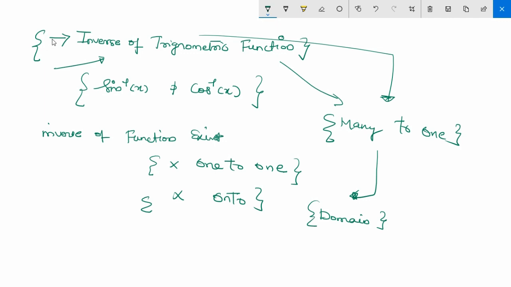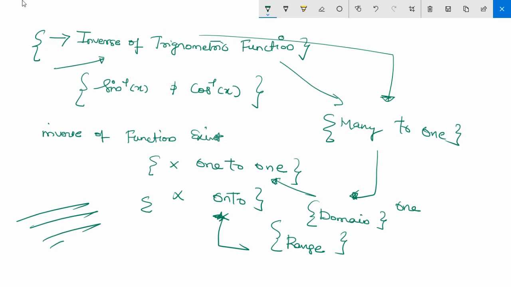And if in that range it is 1 to 1 and onto. So again you can say that